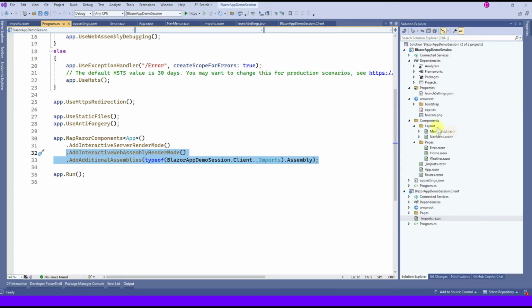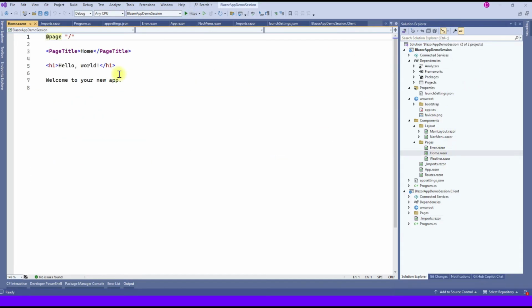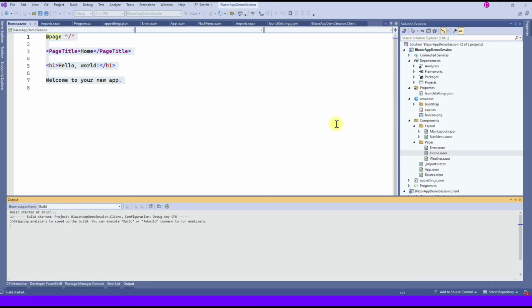Now we will run this application and see how the rendering works. So this home.razor, we did not add any rendering mode. By default, all these Razor components, whatever has been added here, use static server side rendering. So if you run this particular application,